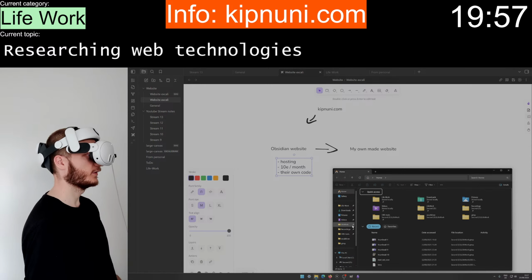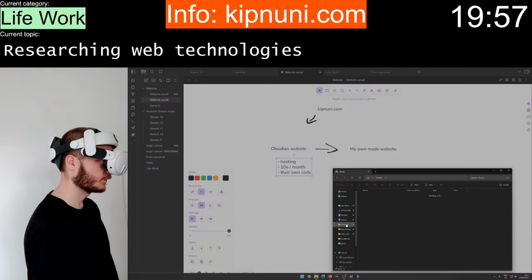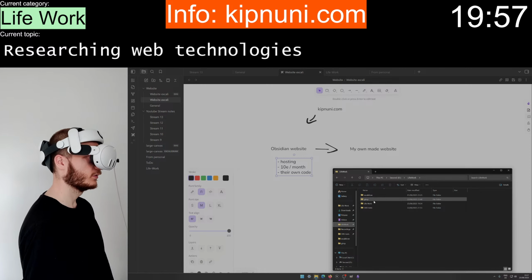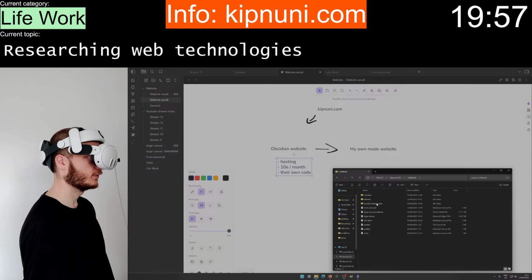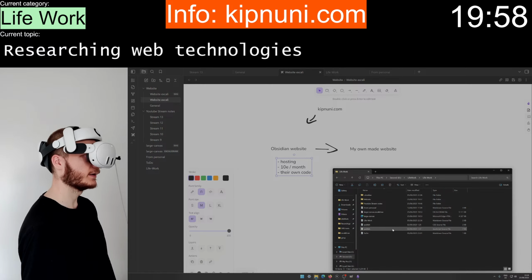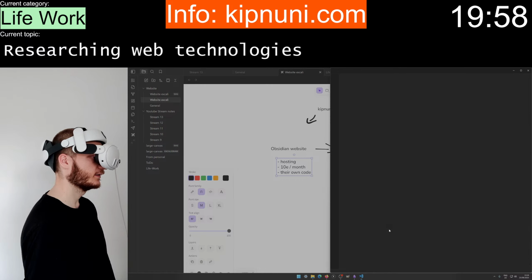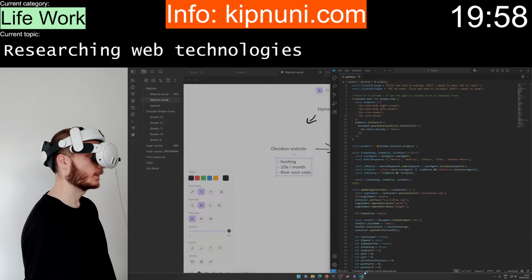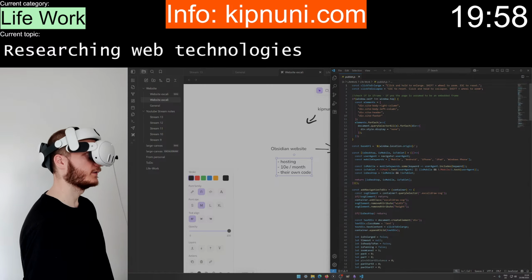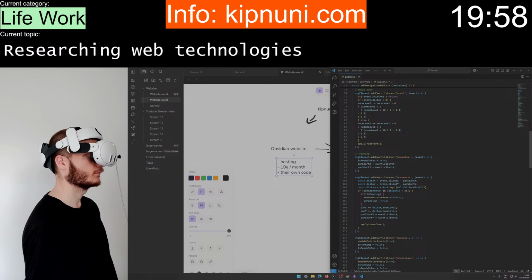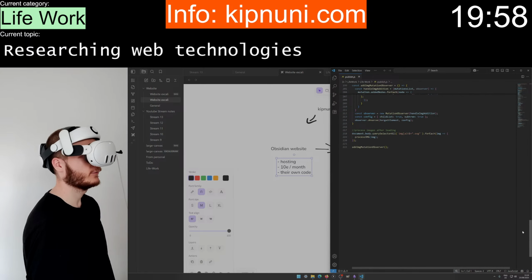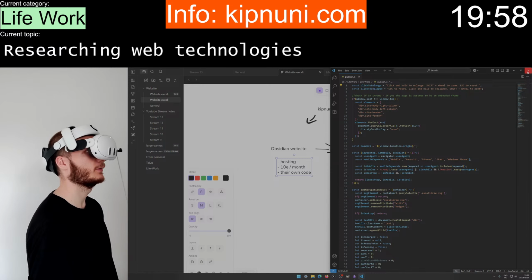If I start a new window, let's see. So life work. Is it here? Yeah, this is Obsidian. So I already copy pasted JavaScript and CSS. Let's pin this. So I can change the code, no problem.